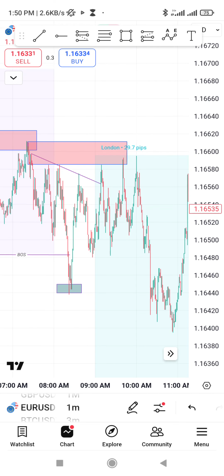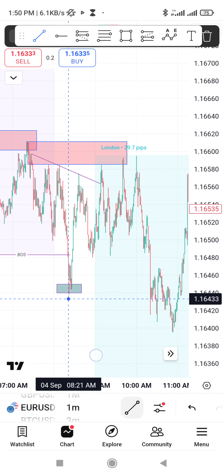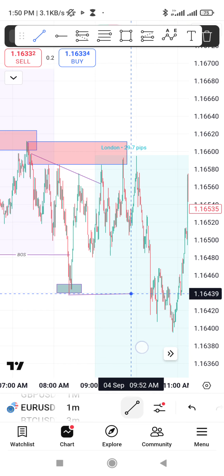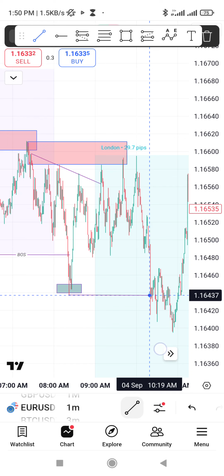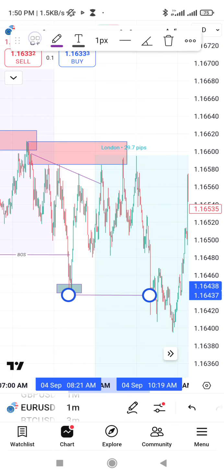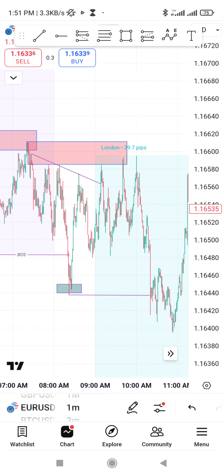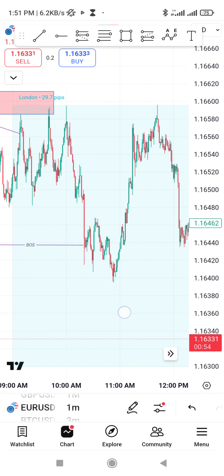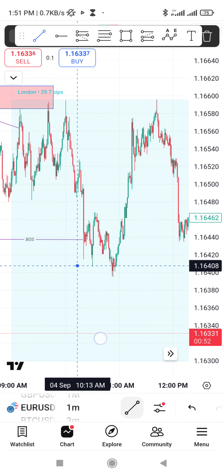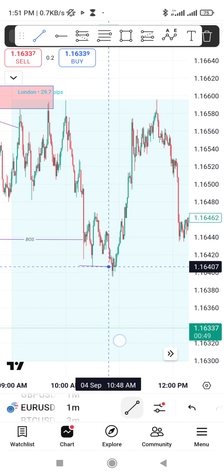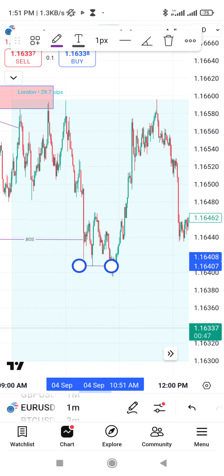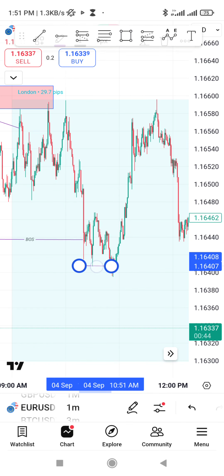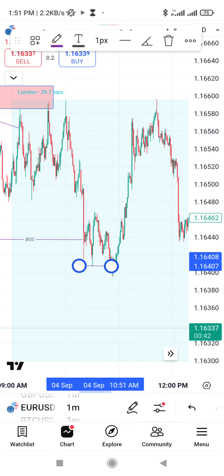So when it finally happened again, a valid inducement, like I always say, always leads to a break of structure. Until we see something contrary to that, we are not changing the trend. So this became another break of structure. As you can see, inducement is leading the day, and then it had another nice build up. It always takes a format, another nice build up. Put this as a liquidity build up.